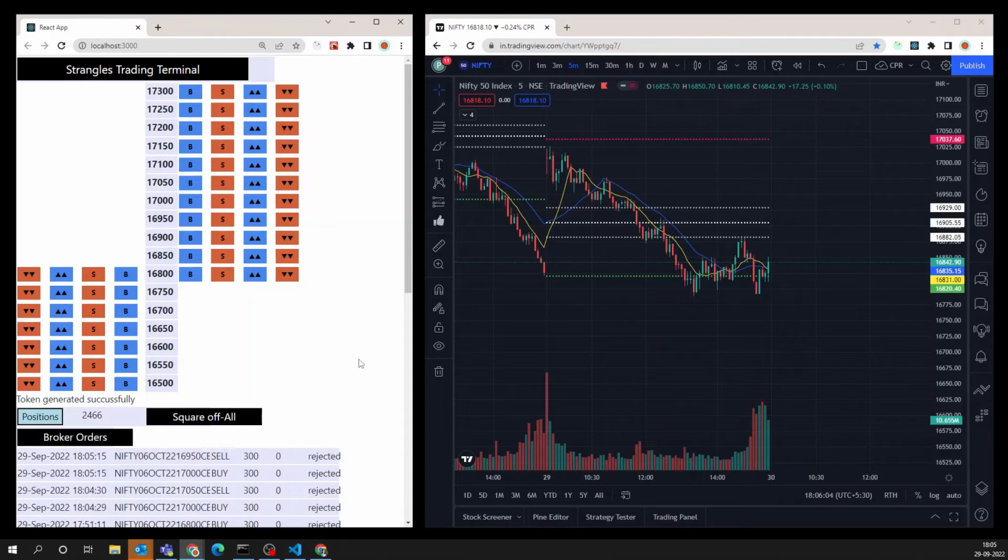At the same time, being a small trader, I do not really want to spend too much on subscription fees to buy these APIs. This particular terminal uses Smart API, Angel One's Smart API, which is completely free. And so long as you have a Demat account with them, you should be able to use it.